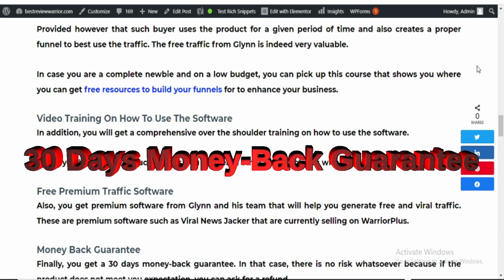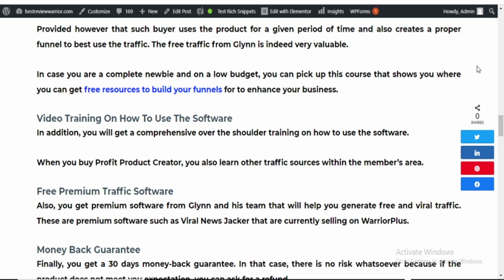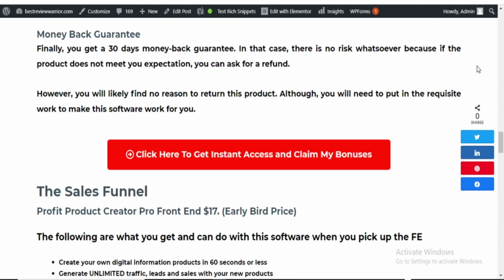Then, of course, this product comes with a 30 days money back guarantee, such that if you buy, it does not meet your expectation, then you can easily return it and have your refund with no questions asked. But I tell you, you will have no reason returning this product. Now, let me take you to the sales funnel. When you buy the Profit Product Creator, there will be an early bird price of $17.